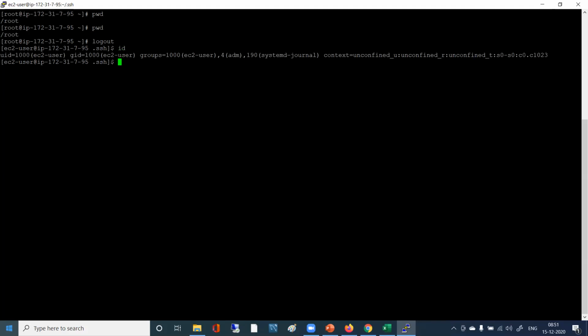It's EC2-user. Now you do up arrow. One more time you do up arrow. What is written there? Any difference? Did you put that hyphen?